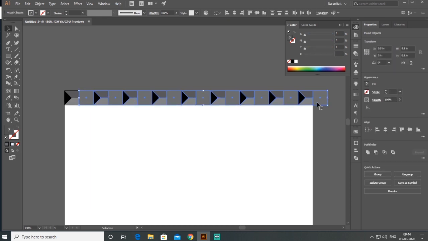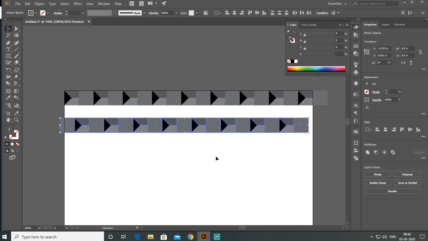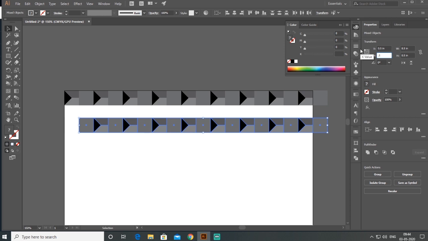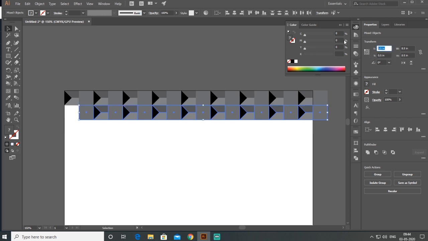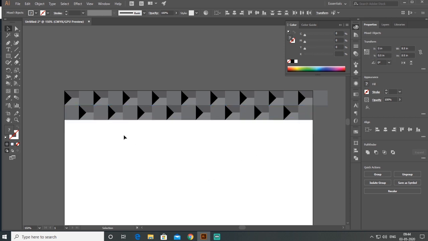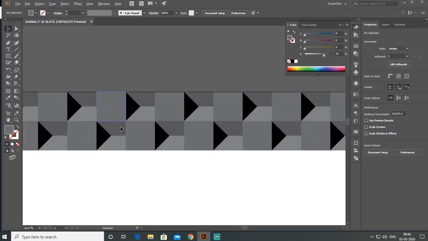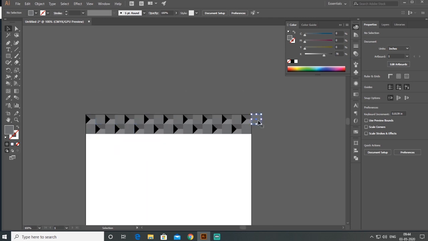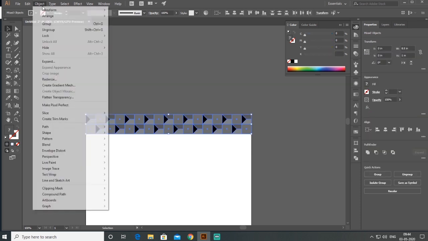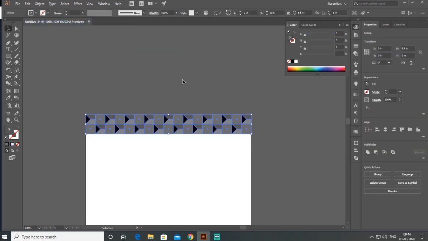So I select all the objects, copy and paste them, and the x-axis will be 0.5, 0.5. Select all the objects and make a group.